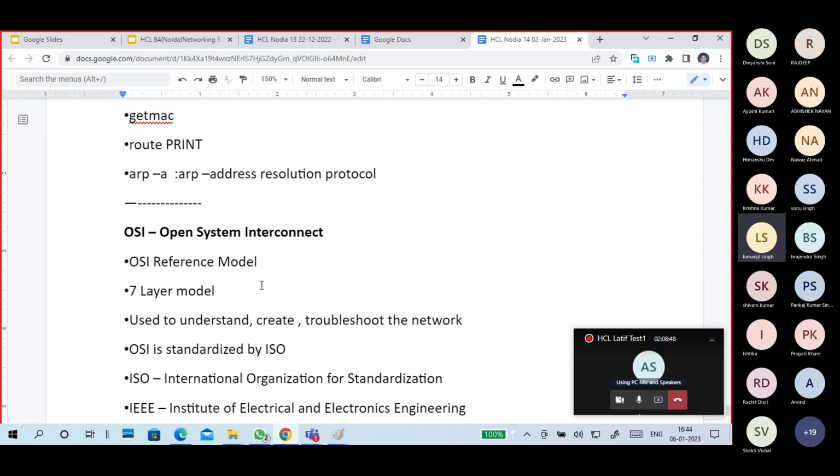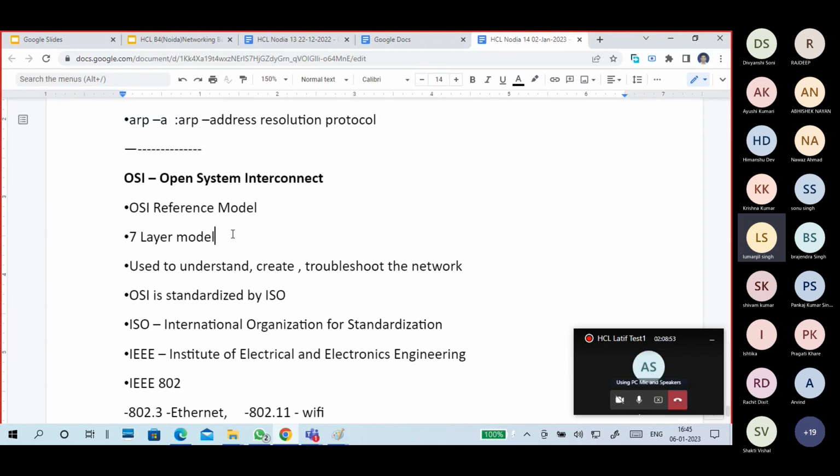communication and so on. So by taking observations from the different protocol suites, a standardized model was created by IEEE, and it was standardized by ISO, the International Organization for Standardization. ISO gave the standardization for OSI. It is a standard model, but no one actually uses the OSI model because it is a reference model. It is used to understand, create and troubleshoot a network. If you want to create a network, understand a network, or troubleshoot a network,